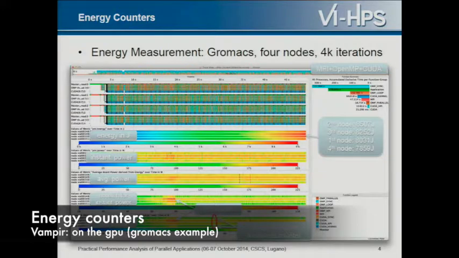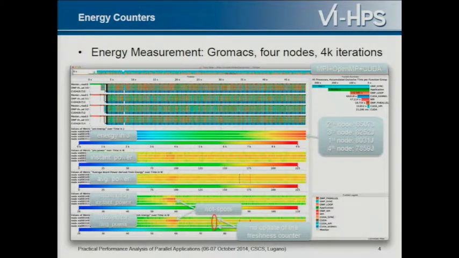Another interesting thing is that on a Cray with accelerators, so CUDA cards attached, we get the power information for the accelerator separately from the power usage of the node. In that case, the Gromacs code was used, which used MPI processes with OpenMP threads and one CUDA device on each MPI process, and in that case 4 nodes and 4,000 iterations.